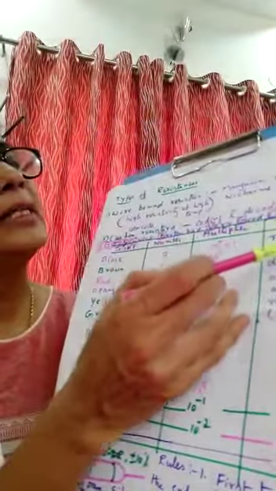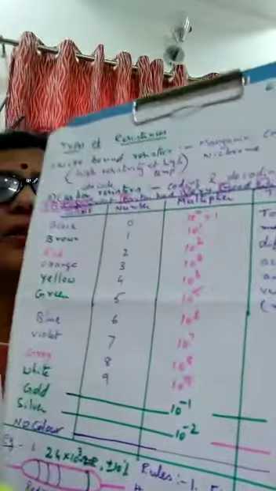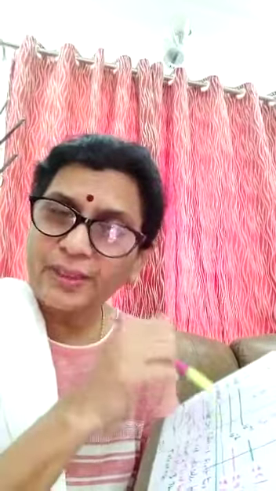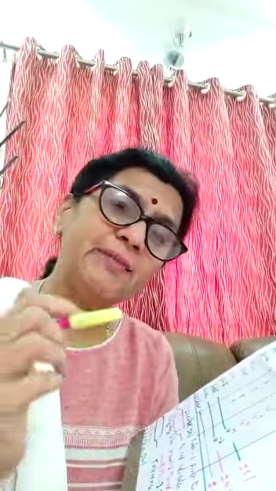And the next column is tolerance. What is tolerance? It is nothing but the difference between the actual value and the measured value with this coding. There must be a difference. Whenever a resistance is prepared, they have already valued that resistance. Suppose there are 20 ohms, example I am giving here. When I measure with this table, it may be tolerance of 10%, 5 to 20% here and there, plus or minus may be there.